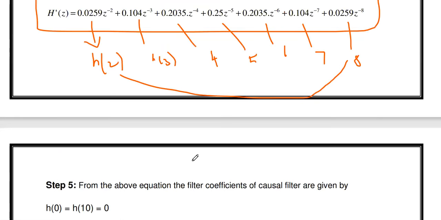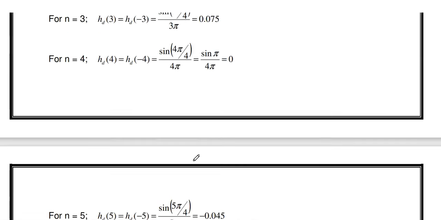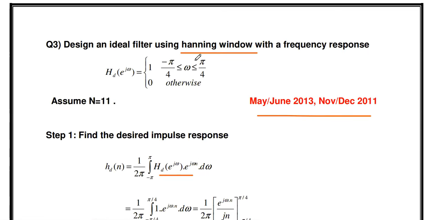So this is a very important problem. If in the problem, instead of the Hamming window, they mention a rectangular window, then except for the Hamming window, you just use the rectangular window formula. The rectangular window is very easy. For all 11 samples, the WR of n value is constantly 1. Then you multiply that and do the problem as usual.